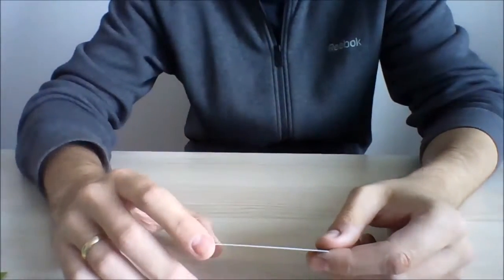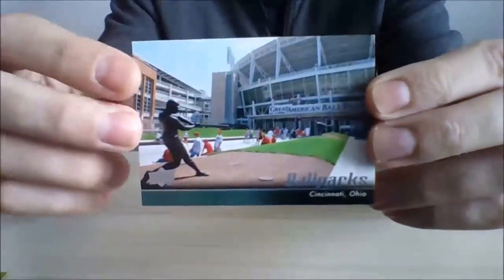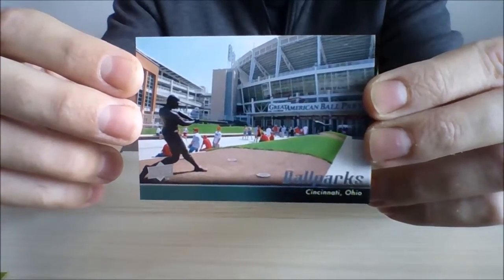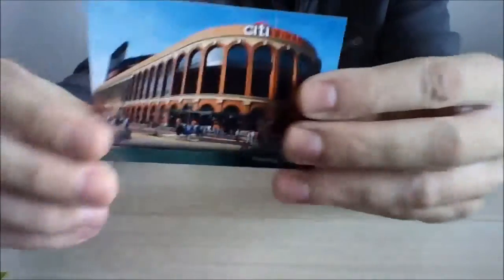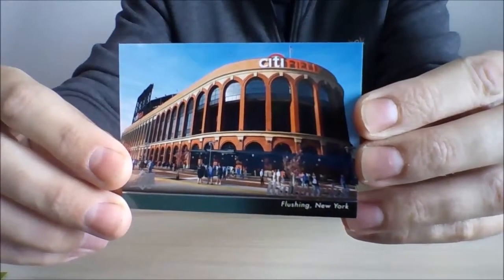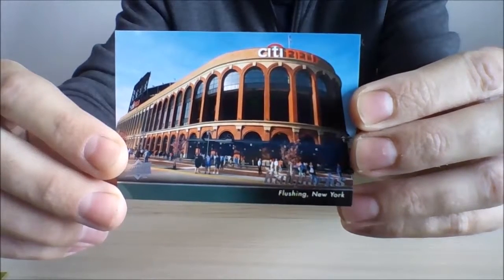Another one in the back. And something I really like, Cincinnati. Yes, Great American Ballpark. Here you have it, great photograph again. The same one with Citi Field in New York. When I look at it, I would like to be there. I'm not a New York fan, but